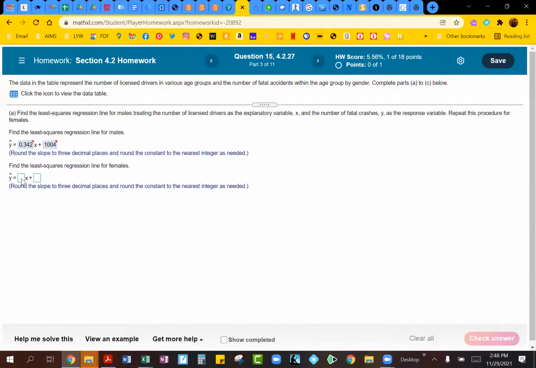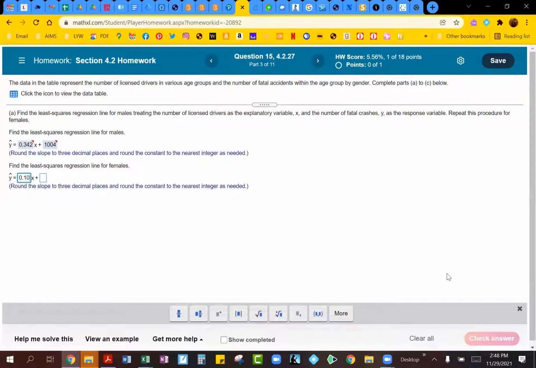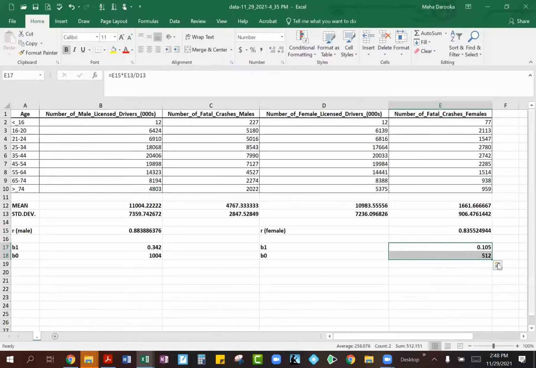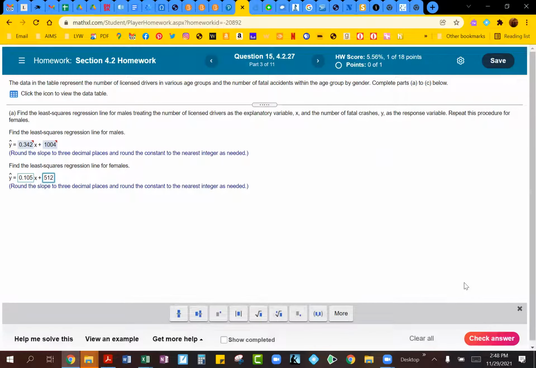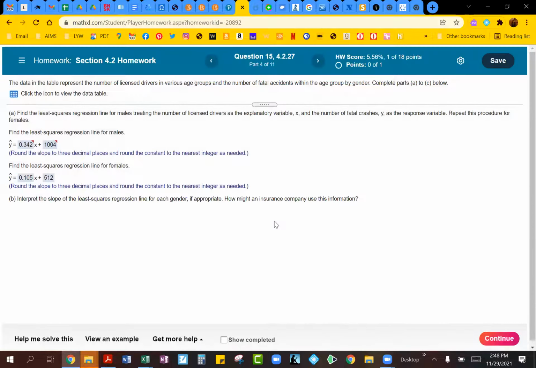So that's the next one they want us to type in. So our B1 value is 0.105. So let's put that in here. And then our constant for the B0 is 512. So I'm really hoping I did not make any more mistakes, and that one looks good. So you've got your